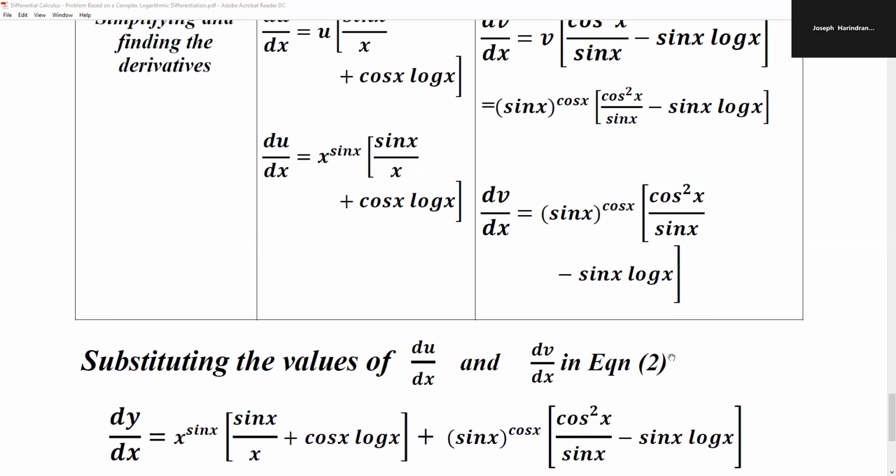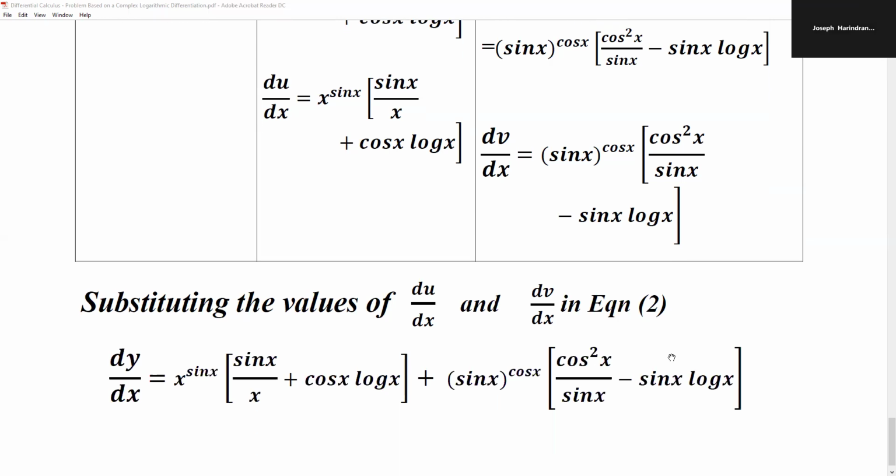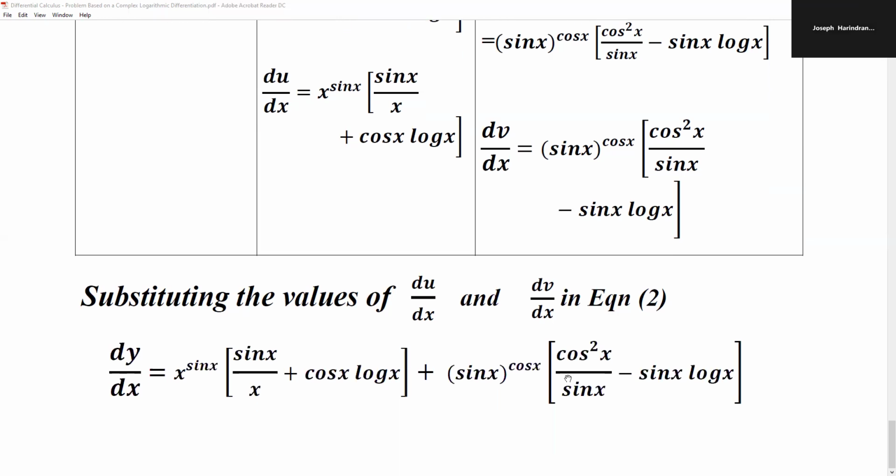Substituting the values of du by dx and dv by dx in equation 2, we get the final answer. So dy by dx is equal to, this part will come down here as the first du by dx: x power sin x into sin x by x plus cos x log x within brackets. This is the first part plus the sum of the other. The second part will be this part, dv by dx: sin x whole raised to the power cos x into cos squared x by sin x minus sin x log sin x. And that's the final